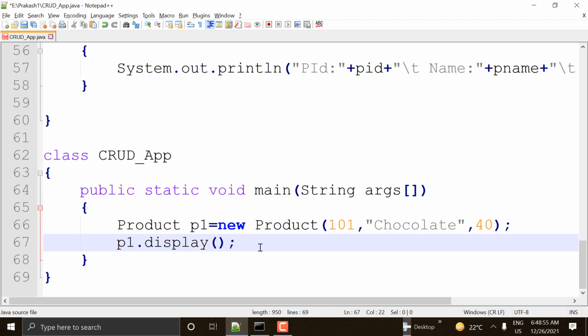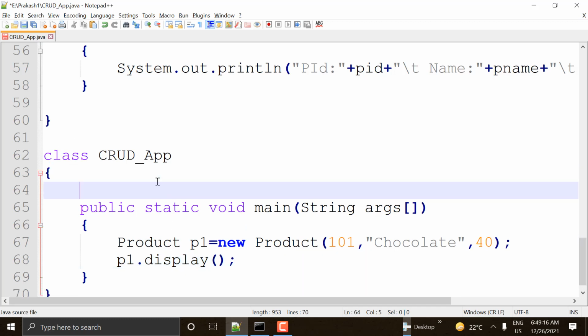So better to create a collection, guys. Okay, so we have to create a collection of products. So how do we do that? First let's create a collection of products, and then we keep on adding products to the collection, and then we keep on updating, deleting, all these operations, guys. That is the reason I'm writing above this main something called